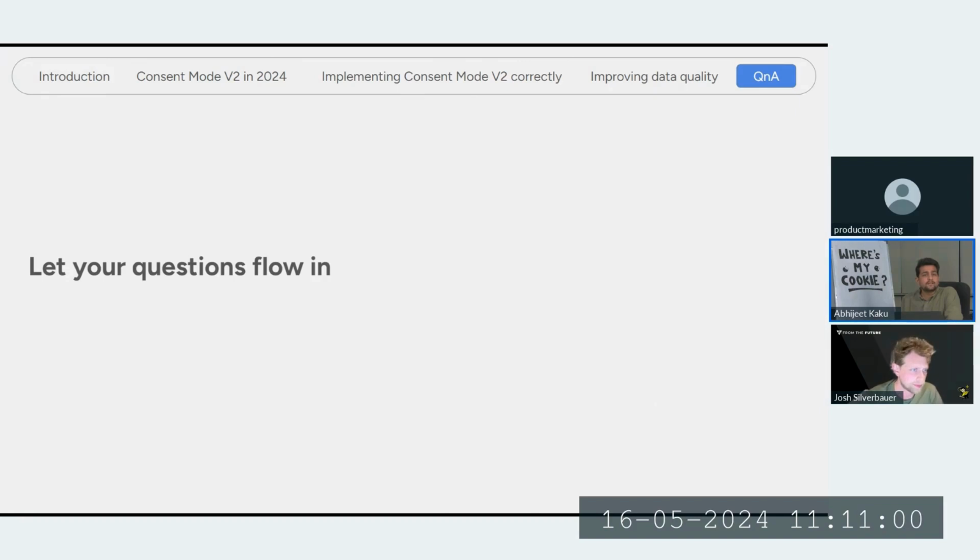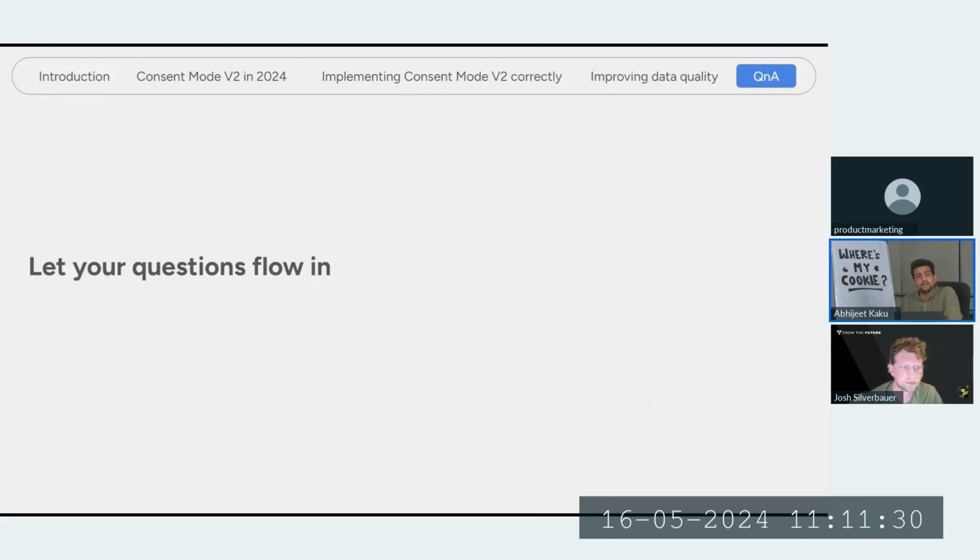The next question I see is, what's the basic difference between V1 and V2? It was covered, but I'll mention the two focus points. V1 focused on ad storage and analytics storage. Ad storage controlled the storage of data used for advertising purposes, like cookies on websites, and the other was analytics storage.